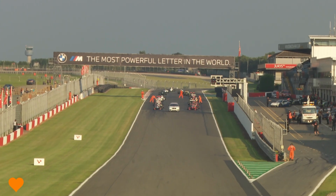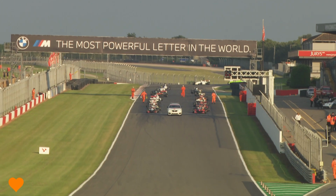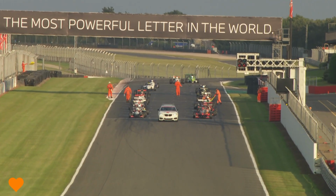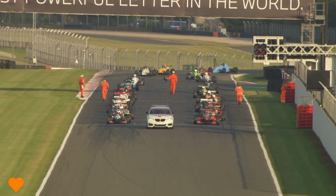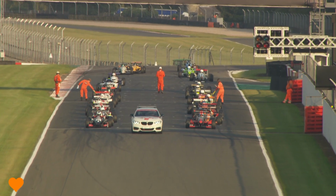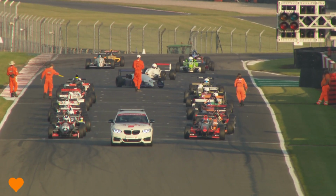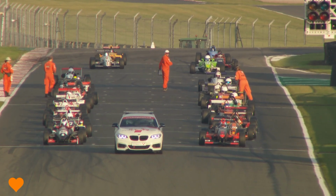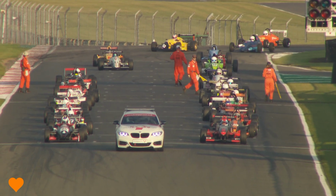So they will be, in the nicest possible way, keeping their fingers crossed that others have problems, because if they do have problems, they'll be able to remove those cars off the grid and we'll slot in the reserves in that order. So the likes of Victor Newman, who is the number 83 car, Mike Hatton, who's been a regular in Monoposto racing for a good number of years now, and the number 52 car as well, which is Phil Chappell, will all be reserves in this race. But what it does mean is that we still have a full grid of cars, an enormously full grid of